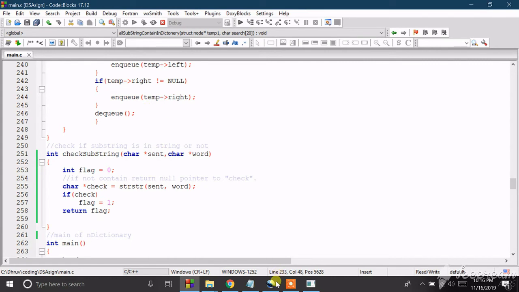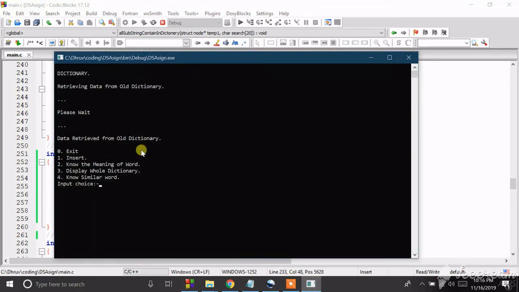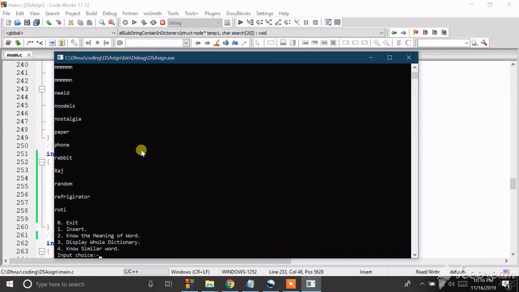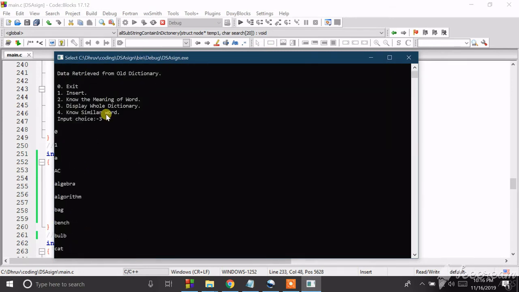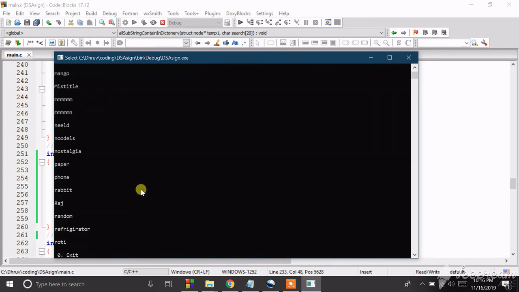Let me first give an example. First of all, I will display all the words in the dictionary. Here we have the word nostalgia, the word algorithm, and the word algebra.